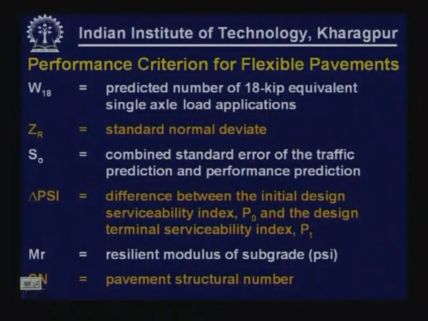SO is the combined standard error of estimation of the traffic prediction and performance prediction, because there is variability in predicting the traffic accurately, W18 itself, and also in predicting the performance. Once we have all the parameters, how well we can predict the performance, there is variability in that, there is uncertainty in that. To represent the combined variability or uncertainty in the estimation of both these parameters, SO is a term that is used. So, reliability concepts have to be used in estimating the SO value for a given system,